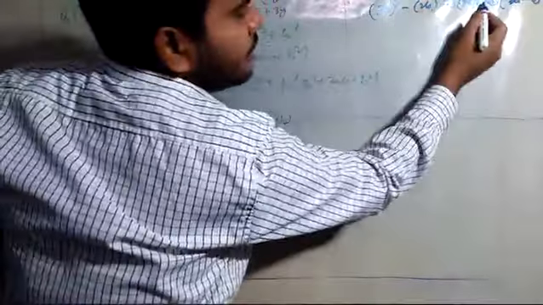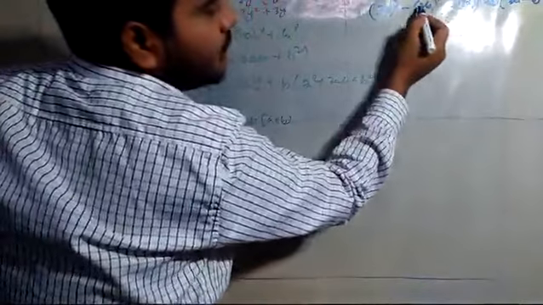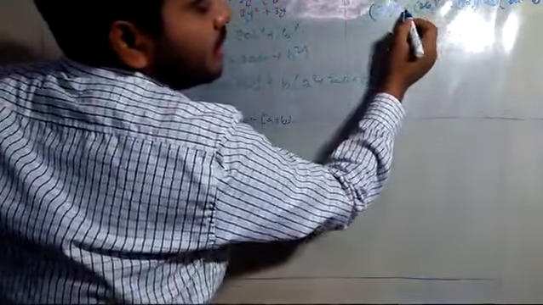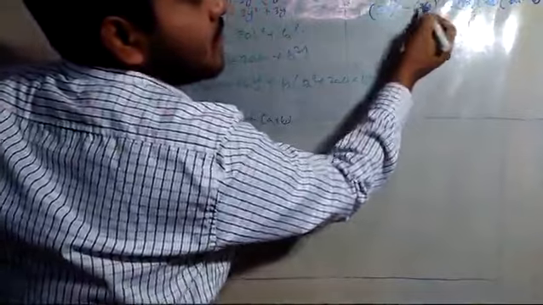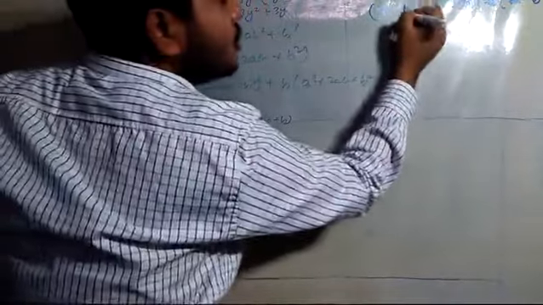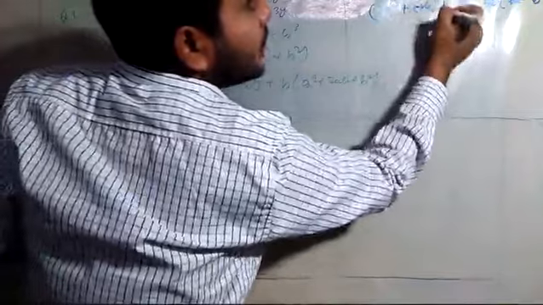Now why I am writing here minus? This minus I have already taken out. From here I have already taken out minus here. That is why I am not writing here plus. I have already taken out. Or else if you want, you write plus here, minus here, plus here, minus here, and then you will get finally that same formula, this one formula with a negative sign.